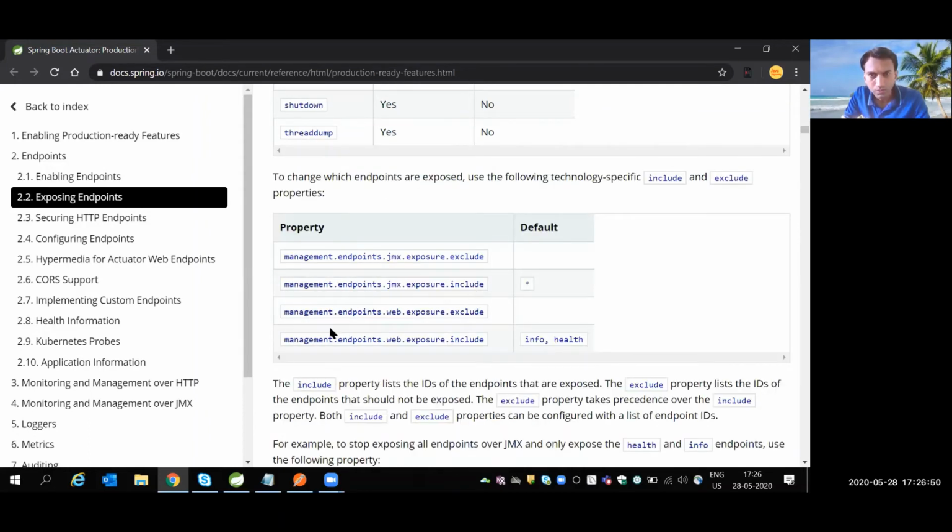This is the property you can use: management.endpoints.web.exposure.include, and by default it is info, health. You can specify specific endpoints or you can specify all the endpoints.